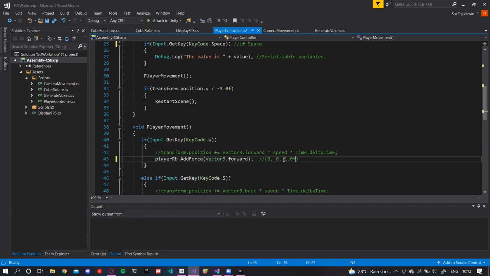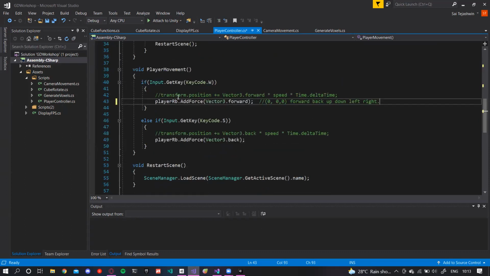Left and right are of course the x-axis, so it goes around in the x-axis, and up and down are basically for the y. So forward, back, down, left, right, these are shortcuts you can use when you're just trying to implement basic movement around the x-axis, y-axis and z-axis.